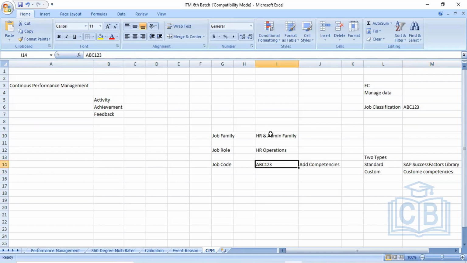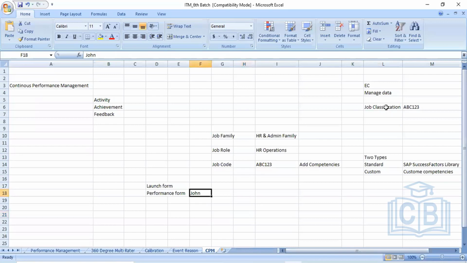So there is a proper synchronization between the job family, job role, job code and the competencies. So when you are launching the performance form for a particular user, suppose you are launching a form for John, and when John was hired, you took the job classification as this one.